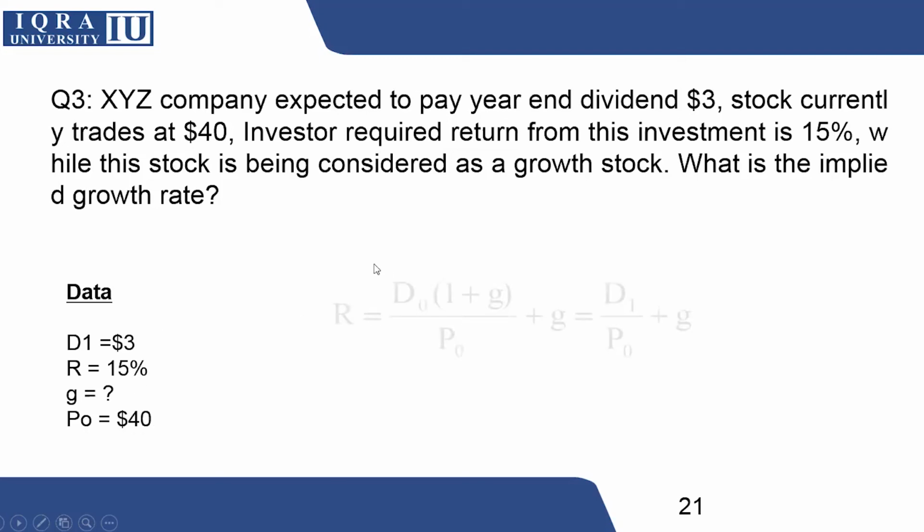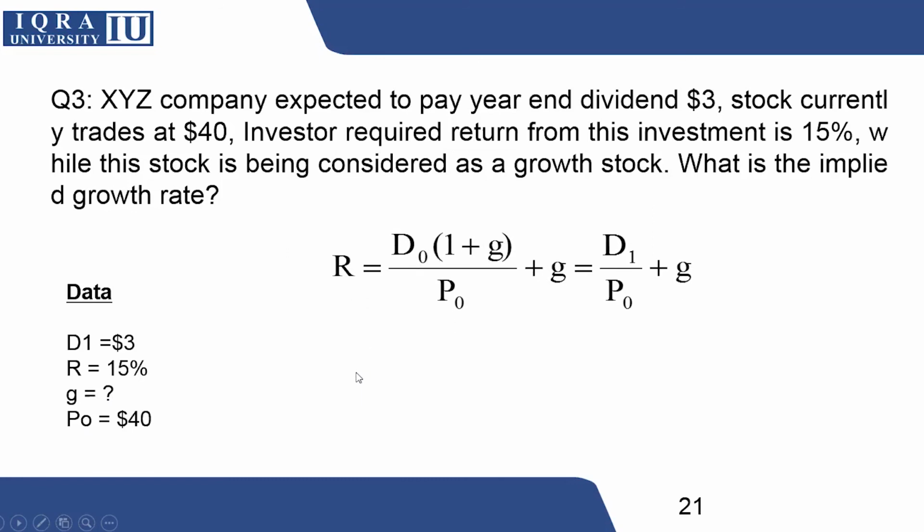We will again apply the constant growth formula and fill it with the required information given in the question. So again, check. R is 15%. So against R, I am writing 15%. I'm not taking D naught because in my question D1 is given. So I'm using this one. D1 is given as 3. I need P naught, that is 40. And the growth factor is the information that we are interested in calculating. So we will convert this information and your answer will be 7.5%.